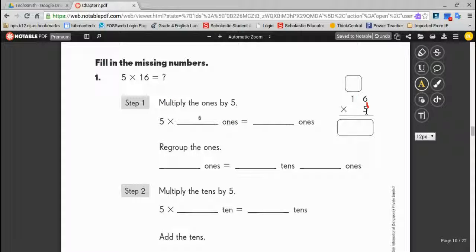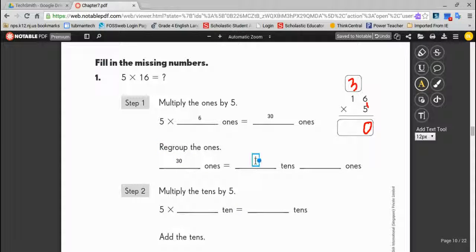5 times 6 is, well, let's count our 5s. 5, 10, 15, 20, 25, 30. It's 30. And I'm going to write it over here. So 5 times 6 is 30, which we're going to write the 0 down here, and we're going to regroup the 1s up there. So again, the answer is 30,